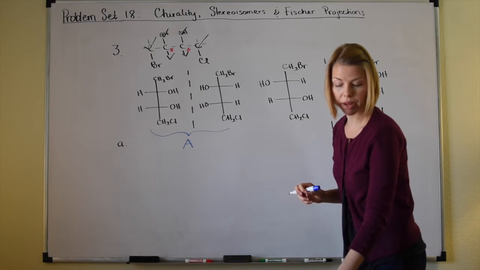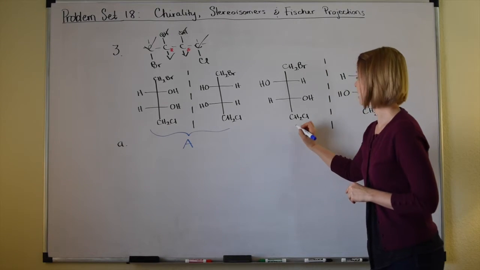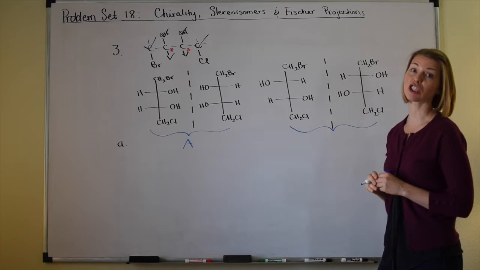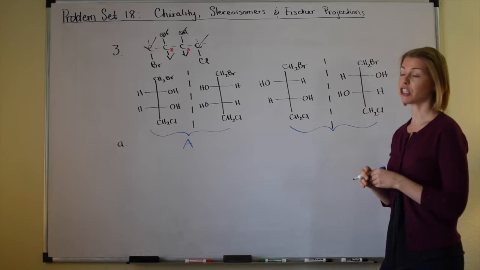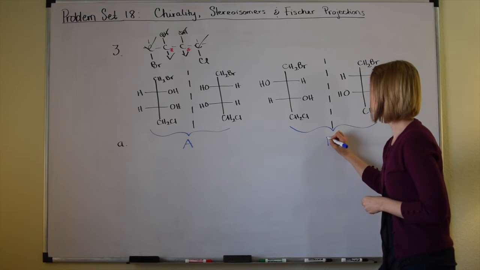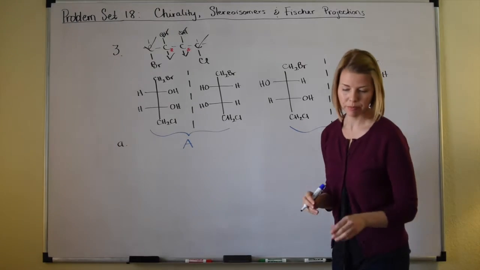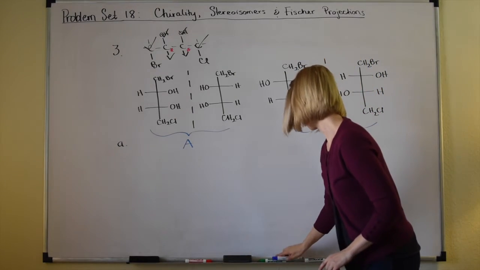And label the other pair of enantiomers with a capital B. So we already said that this pair is a non-superimposable mirror image. They are non-superimposable mirror images. So let's label those as B. Those are the other pair of enantiomers. And part B